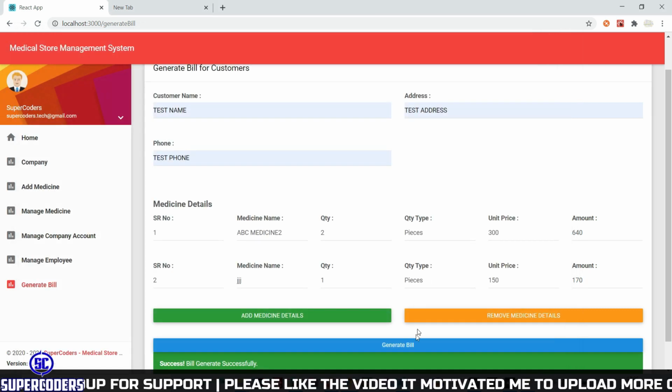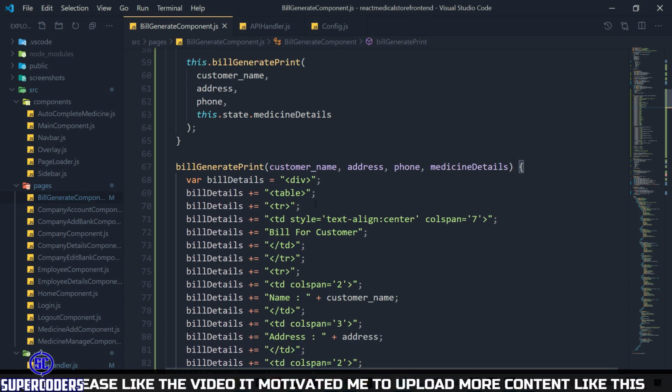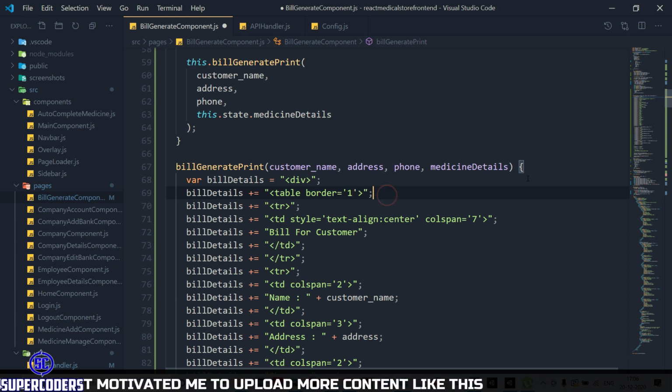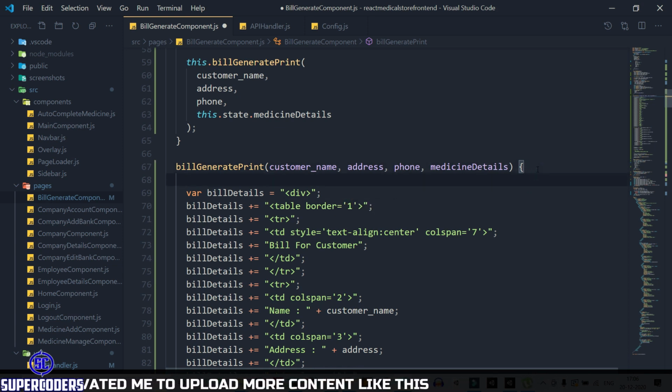So again close it and back to VS Code. Here adding border equal to 1 and add some padding.